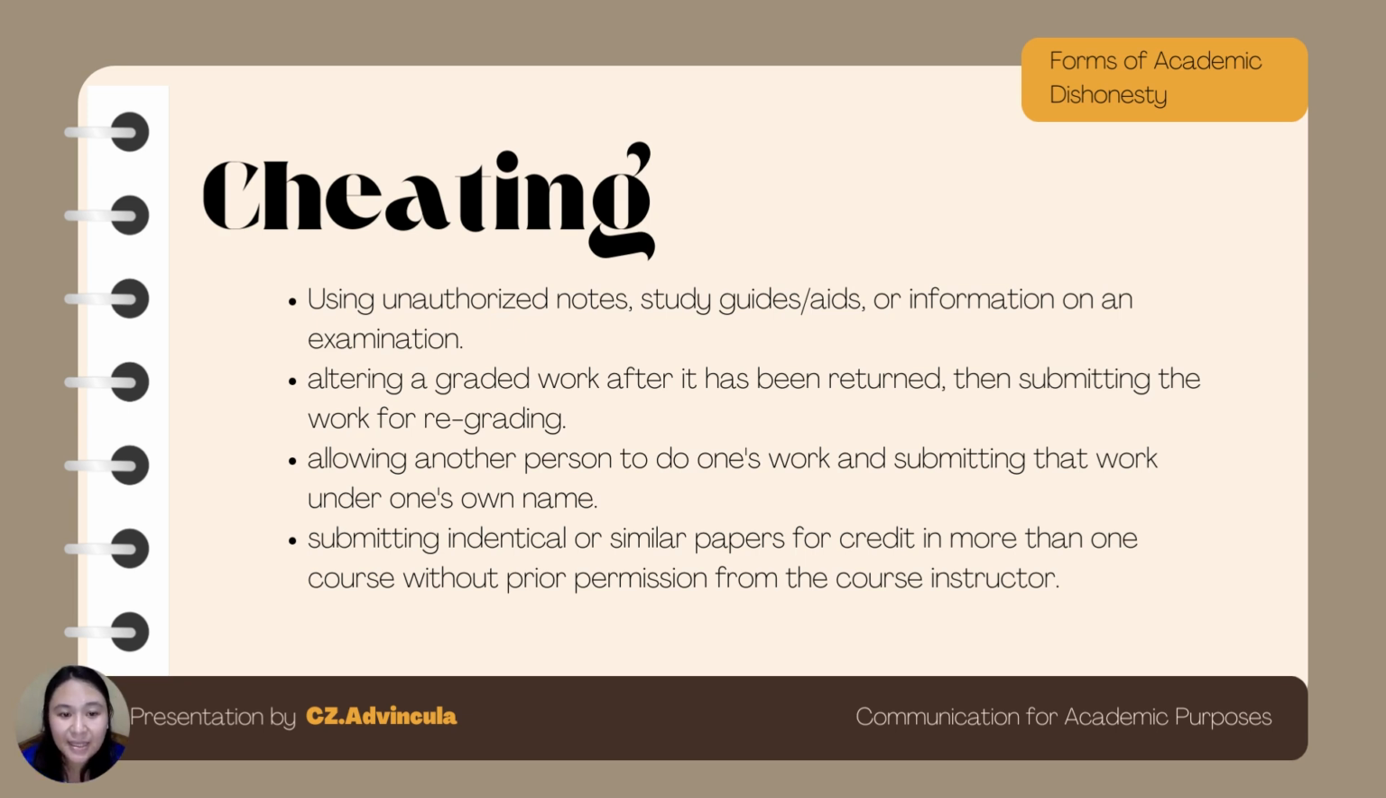So cheating is using unauthorized notes, study guides, or aids or information on an examination. So if your teacher didn't allow you to open any notes, and if you did open, it means that you are cheating. That's automatic cheating. So altering a graded work after it has been returned, then resubmitting it for regrading is also considered as cheating. Allowing another person to do one's work and submitting that work under one's own name is also